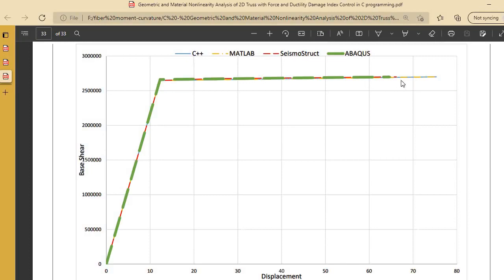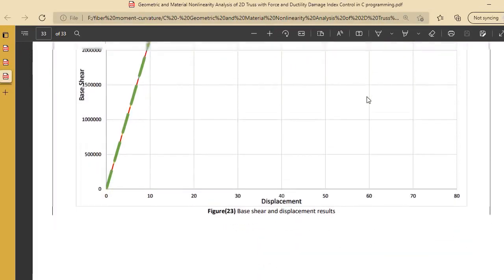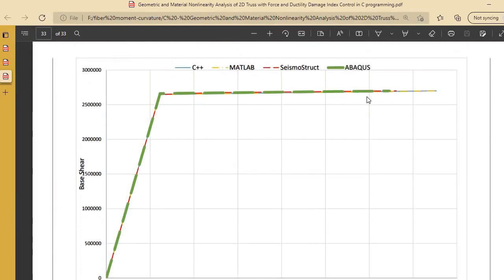You see that in here we have an ABAQUS file. So you see at the end section that all properties are shown as displacement and base shear, you see in here, and